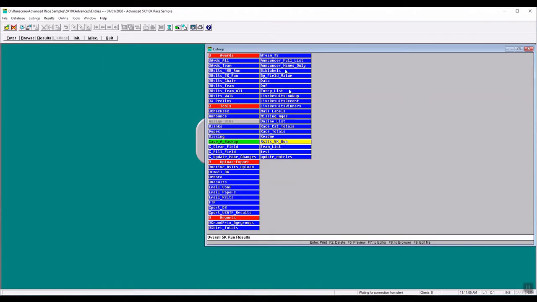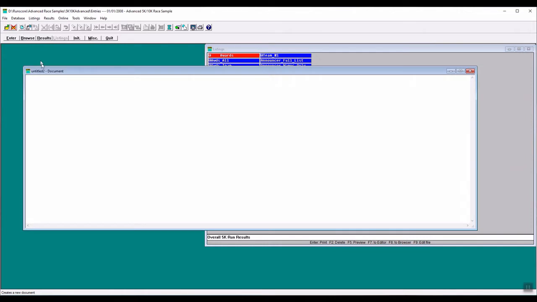We're going to be looking at listings, and the macro file itself, the listing file that calls that macro, is going to start with an @ sign. We're going to now create a simple little macro. We're going to create a new file. We're going to type in asterisk, and we're going to call this overall